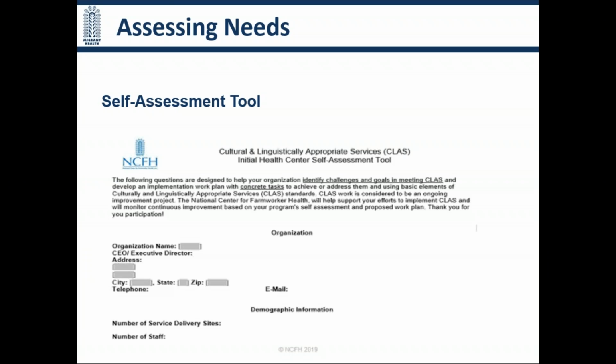So we want you to use these to ensure that you have a guide to go along as you implement the strategies that we'll talk about. Knowing where you're at is the first step. And then from there, you can create an improvement plan. We have a template for you to work on that, which we'll share with you in a little bit, along with a little cheat sheet of strategies.